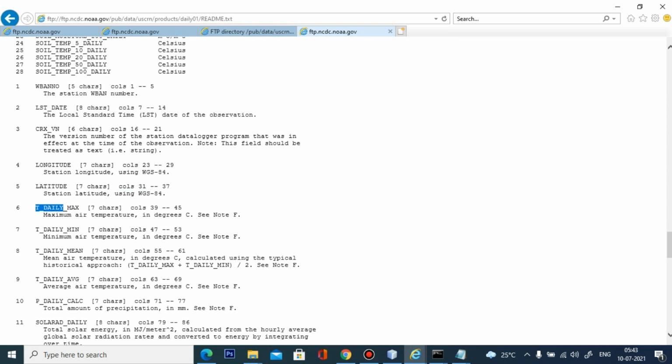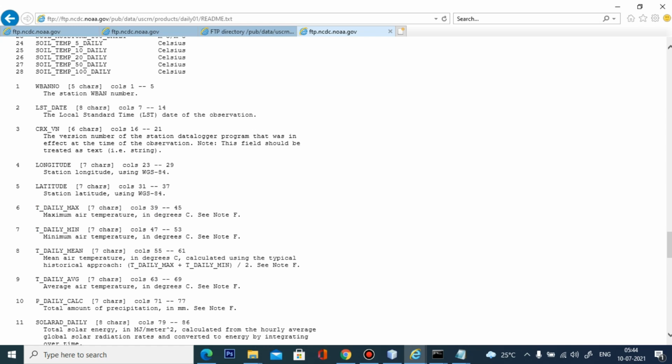The columns from 39 to 45 show the maximum temperature for the particular day, and the daily minimum, columns 47 to 53, shows the minimum temperature on a particular day. In our program we are going to focus on the maximum and minimum temperature and write a program to decide whether a particular day is hot or cold based on these temperatures.